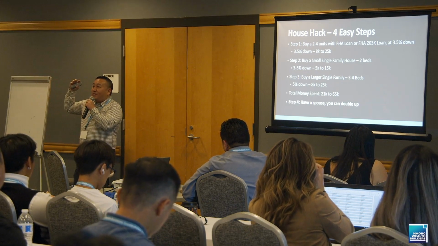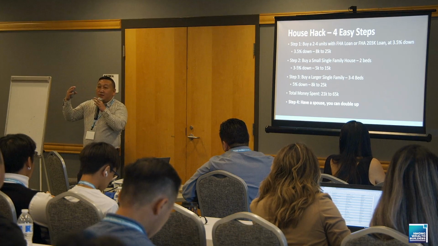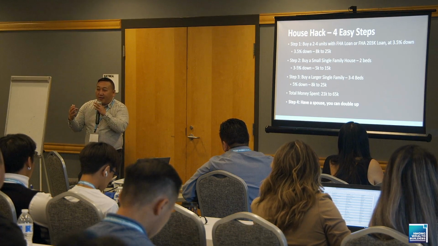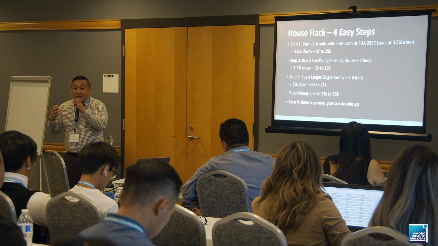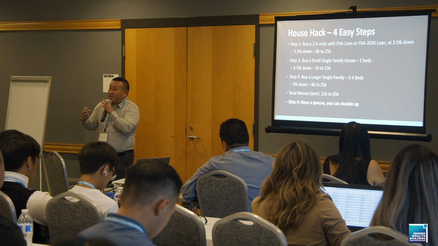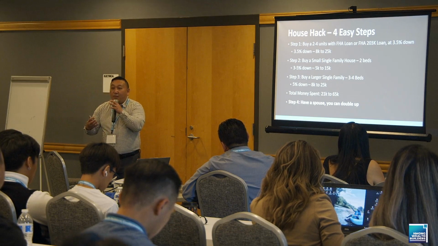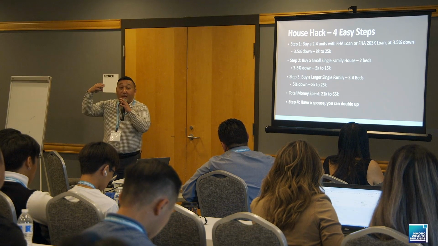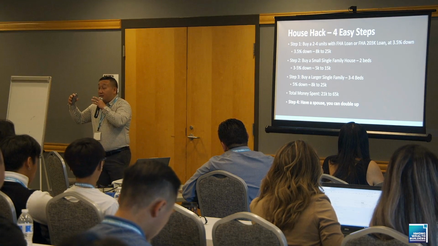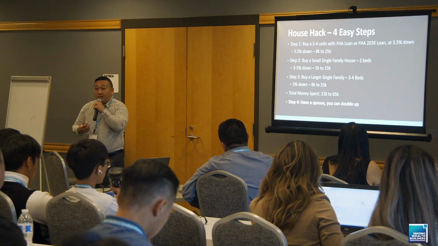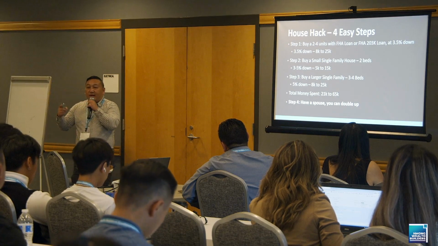So you could find a duplex that needs to be fixed. Do the FHA 203K loan. Now, it's a lot of paperwork, so make sure you find a good loan officer that knows the FHA 203K program, okay? Do the FHA 203K loan, borrow the funds to fix the property, raise the value of the property so that you have equity in the property, right? And then you could purchase that property. That's good because you won't be fighting with people for that property.